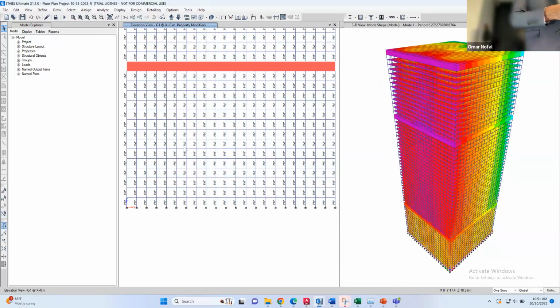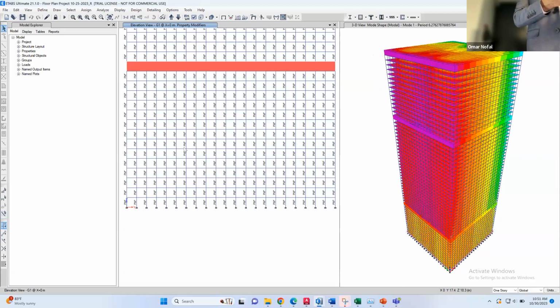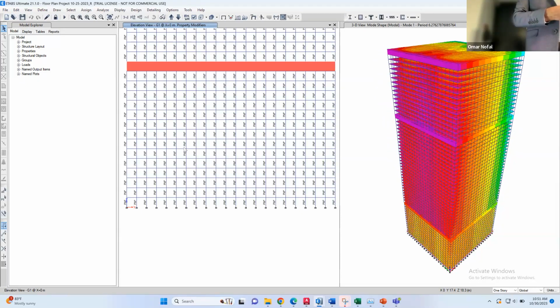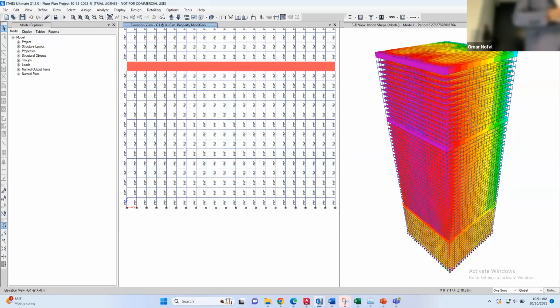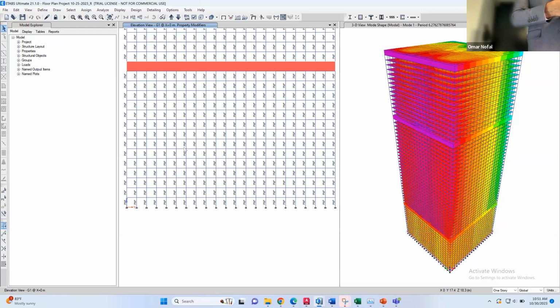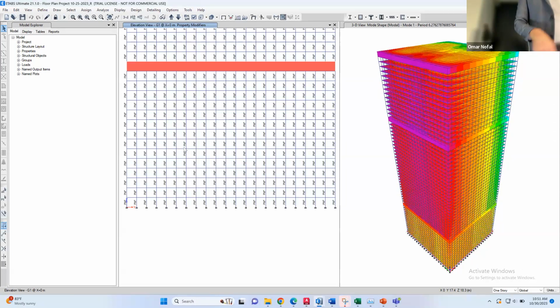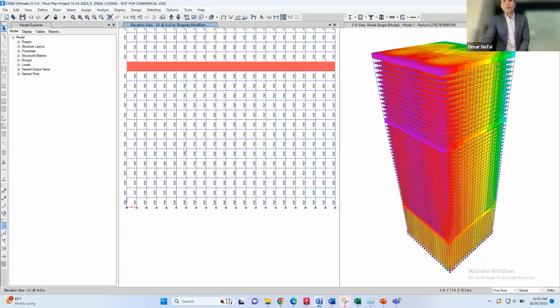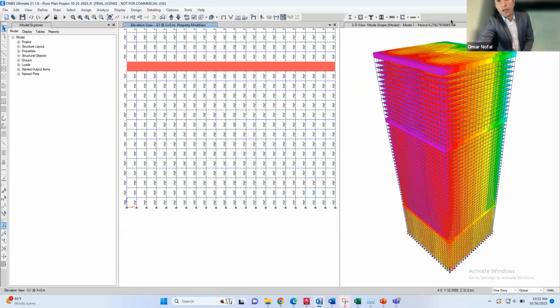Quick question. Do you recommend having two separate models, one with the seismic load added and one without? Yeah, it's better to have one clean one, so in case you mess up the seismic load, you can come back to a clean one. Yeah, and we've only created the base model so far. Okay. So what I was thinking of doing is adding the